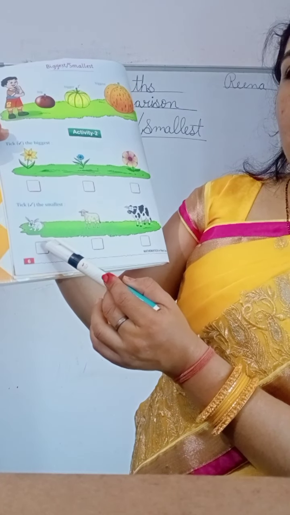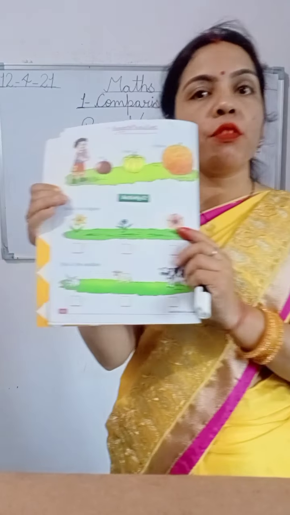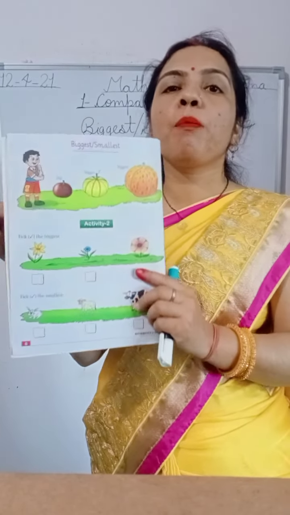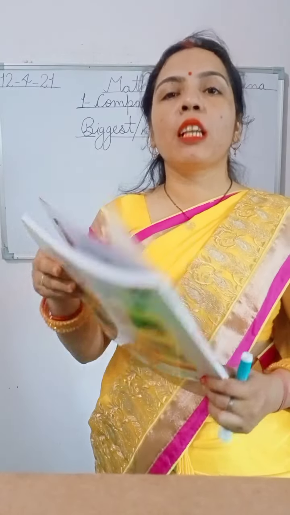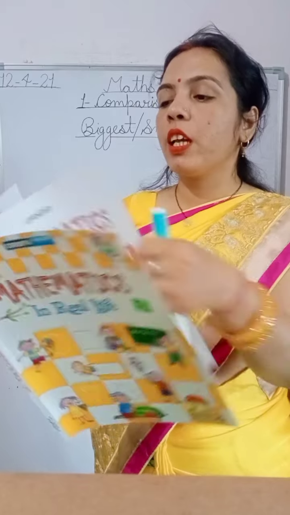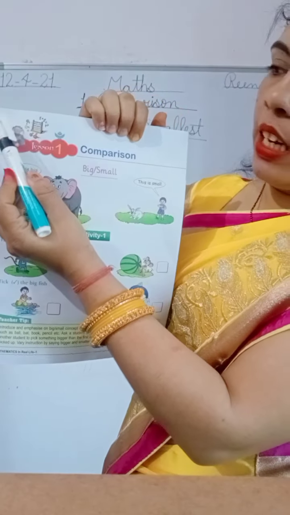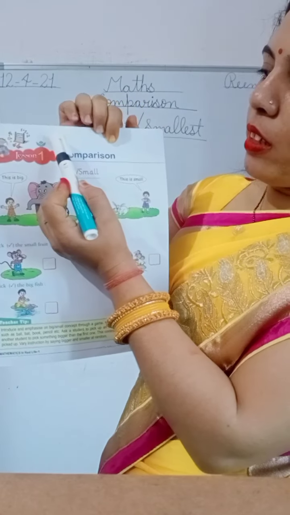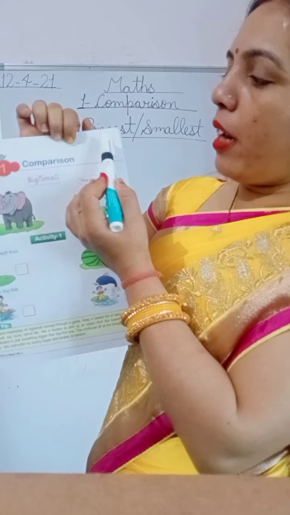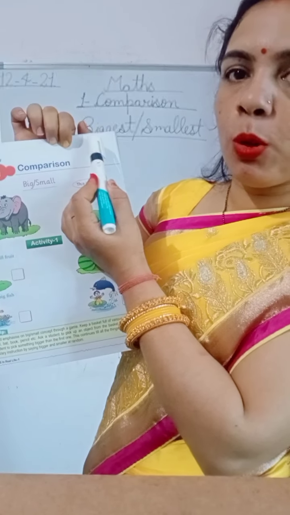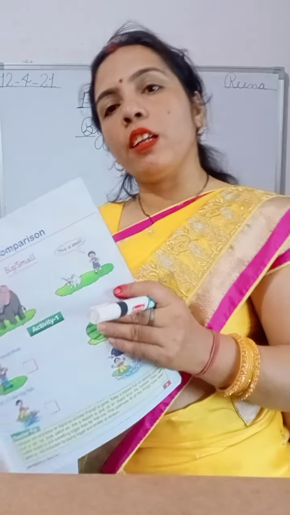That means rabbit. Okay. Now student, you solve your page number 5 and 6 with the help of the video and PDF with very neat and clean handwriting. Firstly, you write the date on the left side. Okay. Then draw a line in the middle and write quotation, and on the right side you write CW. Then start your work with very neat and clean handwriting.